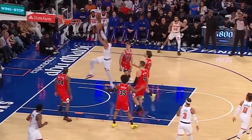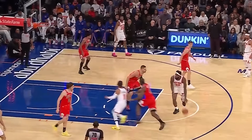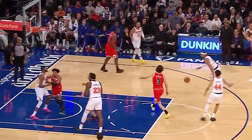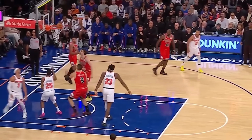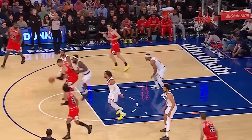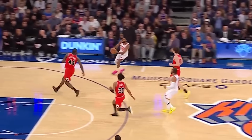up. From the free throw line, not a single miss. 22 made free throws on 22 attempts. That's 100% accuracy, and in a game where every possession mattered, that kind of perfection at the line is a huge edge. The Bulls only took 11 free throws. That alone is a massive gap in points, and shows how much more assertive and aggressive the Knicks were at